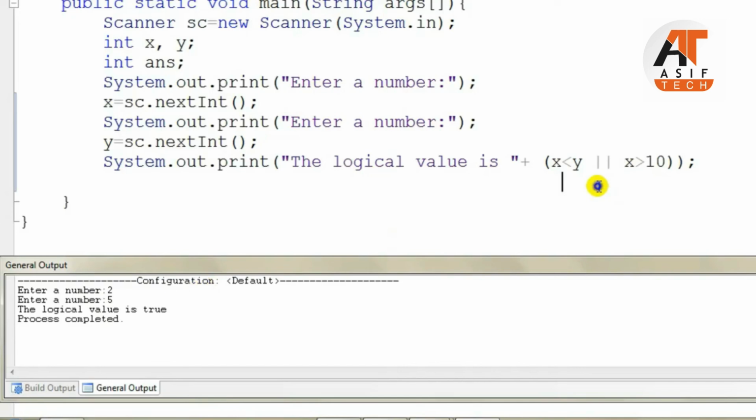So, paano naman siya naging true? Dito, sa condition natin, yung first condition, that is x less than y. So, we have 2 less than 5, that is true. And we have the logical operator n. Tapos, dun sa second condition natin,